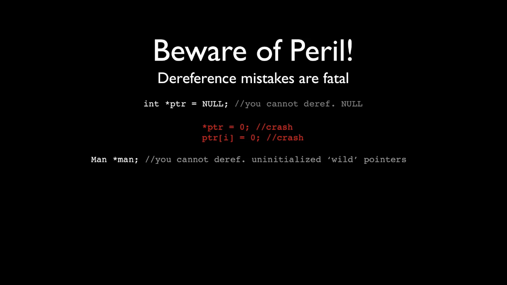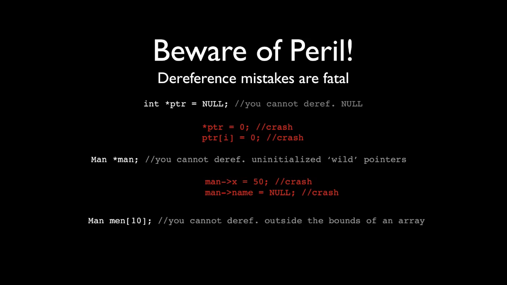You cannot dereference an uninitialized or wild pointer. I don't know how much of this I covered in the original lessons, but if you declare a variable in C and don't set it to something, you have no guarantee what's in there. It's basically the last thing that was in that memory address in RAM, which is called wild, uninitialized. If you do this, it'll most likely crash. The worst thing about it is it won't always crash, and these mistakes won't pop up until you've shipped your game, and then it's crashing, and then you feel like an idiot because you dereferenced a wild pointer. So always set your pointers to null if you're not using them, and then always check if they're not null before you dereference them. It's the best way to avoid that.